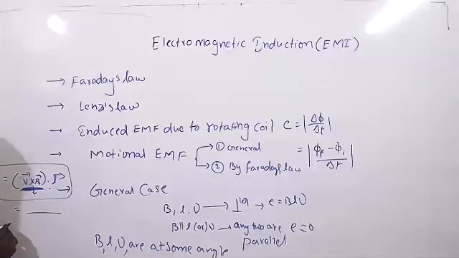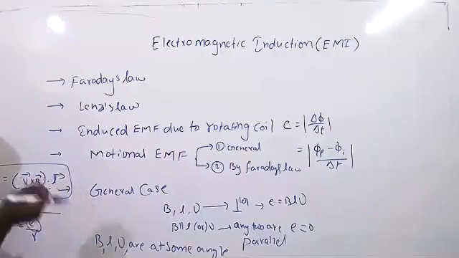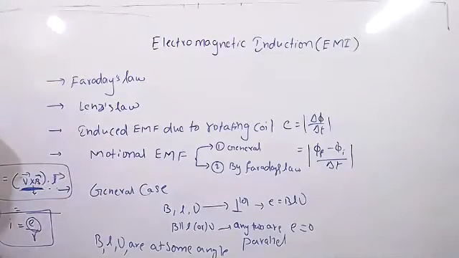If they ask to calculate current, I is equal to E by R. Here E is nothing but like a potential. We know electromotive force: a cell, when we don't connect it in the circuit, we call its voltage electromotive force. Once you connect it in the circuit, it acts as a potential difference. That's why we can say I is equal to E by R. Till now, these are the topics we have discussed.